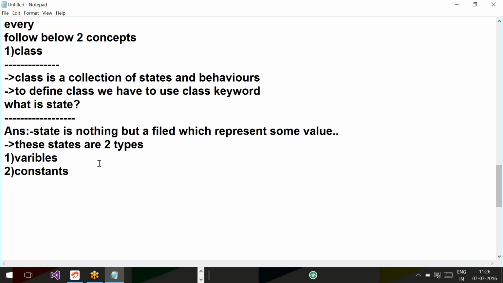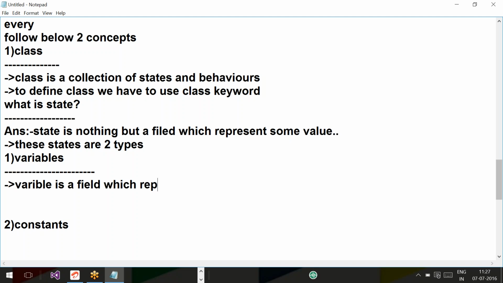A variable is a field which represents some value